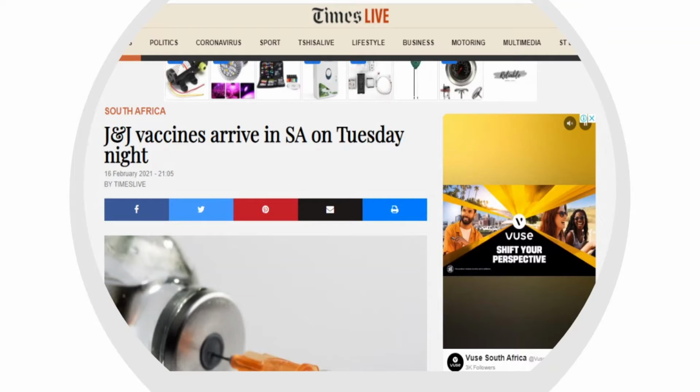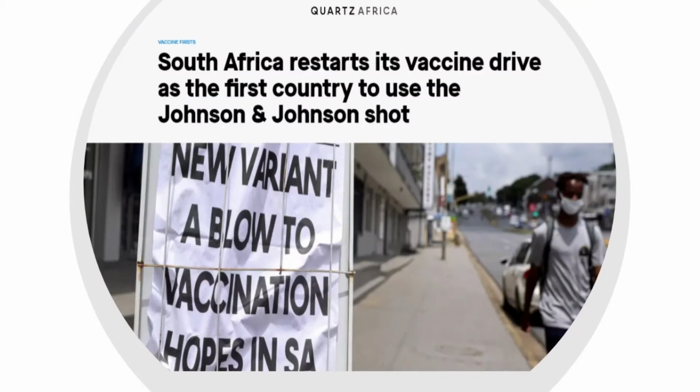For many unknown reasons, South Africa will not be using the AstraZeneca vaccine that was purchased from Serum Institute of India, and I think they will be sent to other African countries, but I don't know. Whatsoever, South Africa has received Johnson&Johnson vaccines, the Janssen Covid-19 vaccine, and are ready to roll out to the public